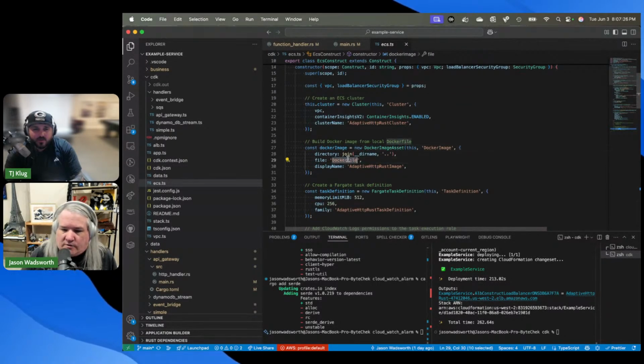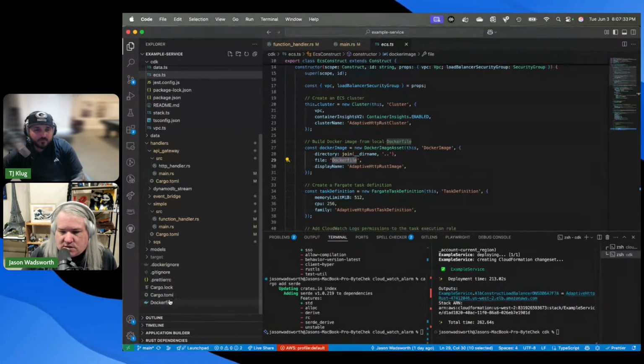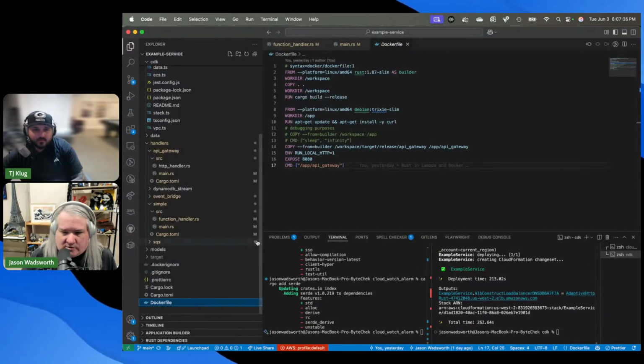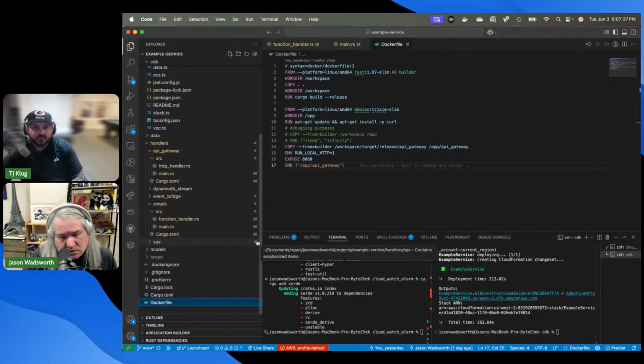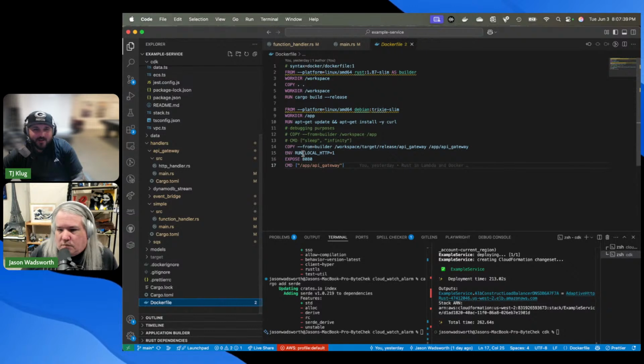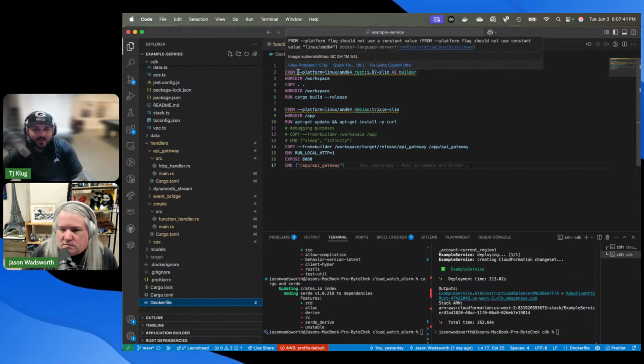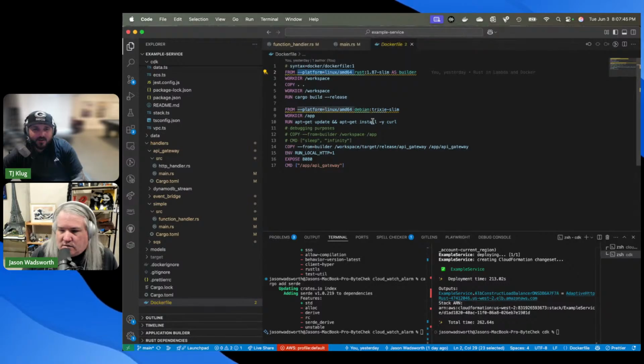Oh, it's just the Dockerfile. So ultimately it's running the Dockerfile. This Dockerfile is at root. I ran into problems with where the Dockerfile was. So, interesting. I'm not real sure on that. This little bit here, this machine that I'm on right now is an M1 Mac, and it has some issues, so I had to do this little bit in here. Most people don't need that.